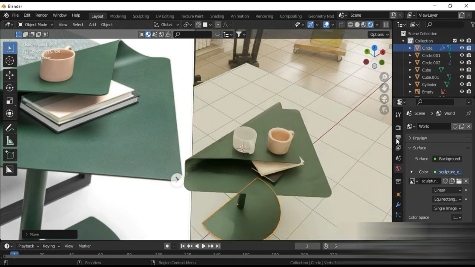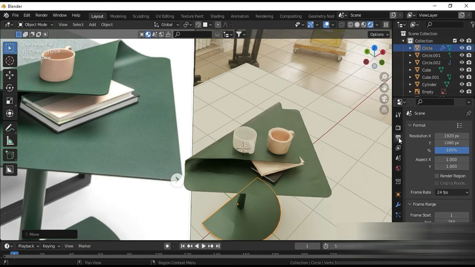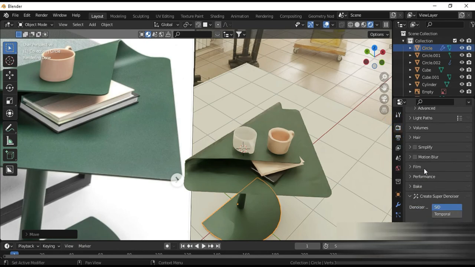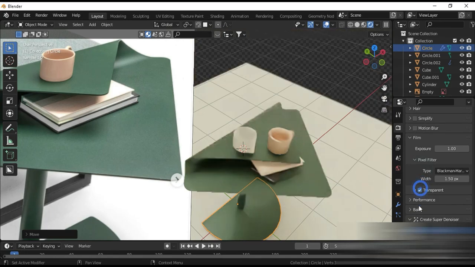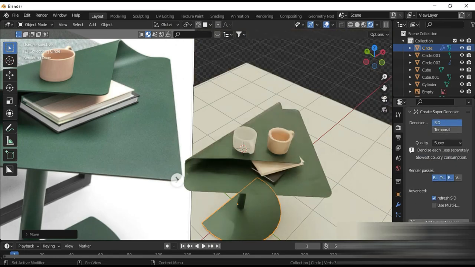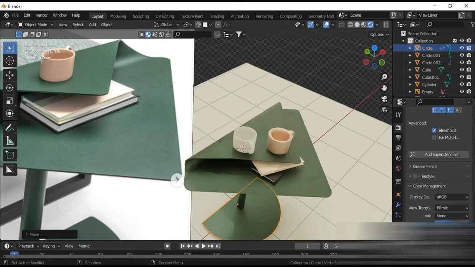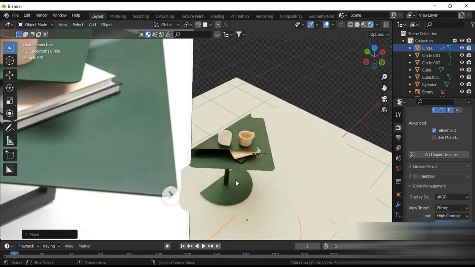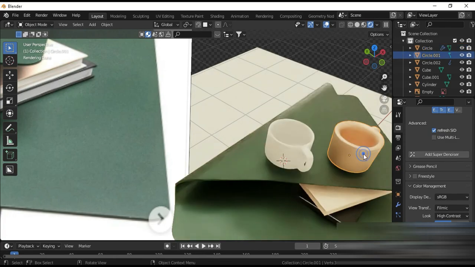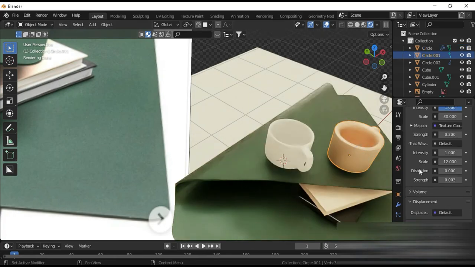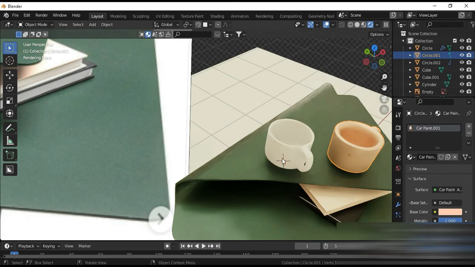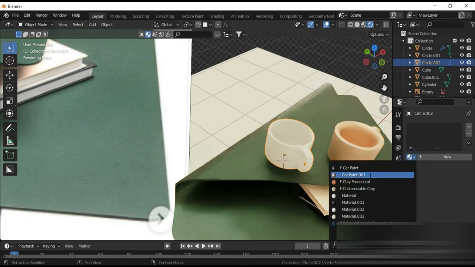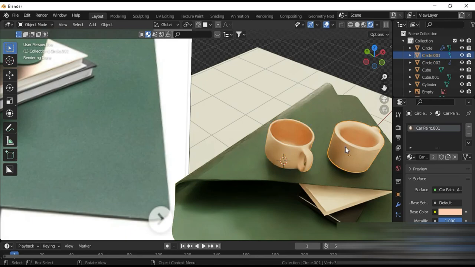If you want this to be transparent in the background, let's go to Film and Transparent, and let's add a super denoiser node. Let's go to color management. Let's choose high contrast. Yes, look at the difference we have. So in this case, the material for this is car paint 001. How about car paint? Yes, and